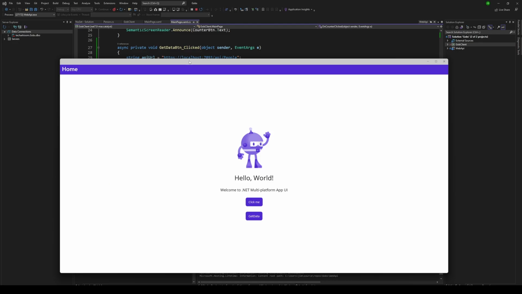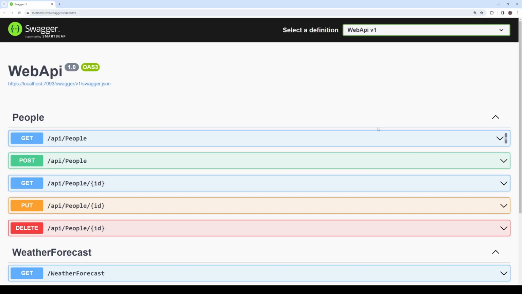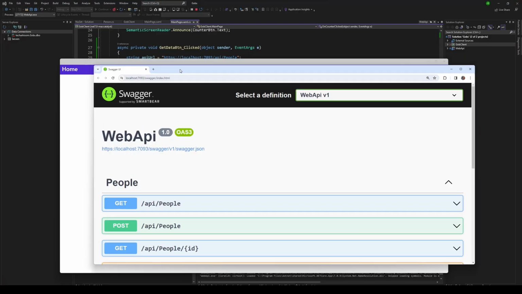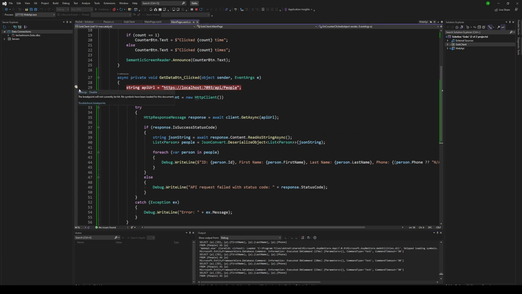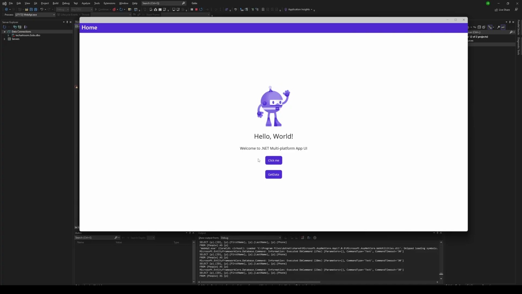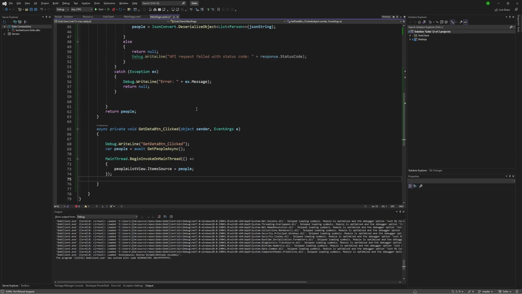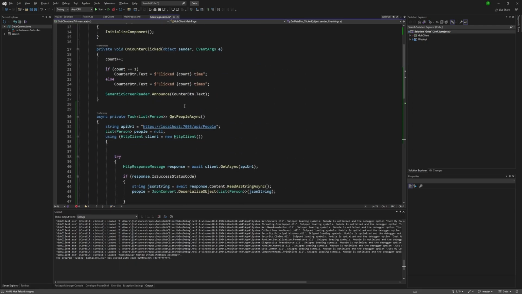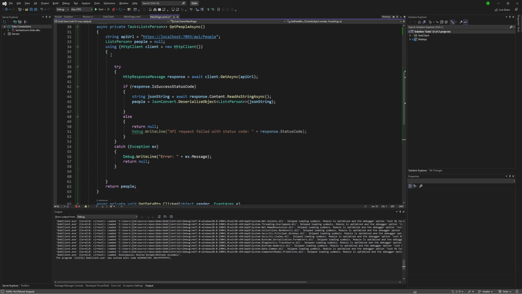Okay, so it is running both of these, so make sure this starts up and you see this page. And I'll put a breakpoint here and we'll see what happens. And let's see. Okay, so I cleaned up this file a little bit and I at least put the code